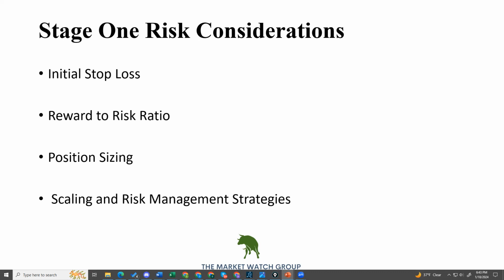And the last thing we're doing in stage 1 is we're already starting to think about our scaling and our risk management strategies. Am I going to tighten my stop? When? Am I going to sell? How much and where? Is there a point where I'm going to sell a little bit more and then go to a trail stop? Is there a certain candle I'm looking for that's going to tell me to accelerate my plan? The more we can plan in stage 1,